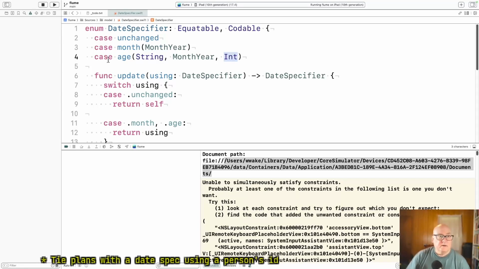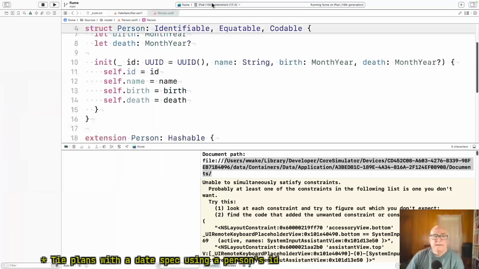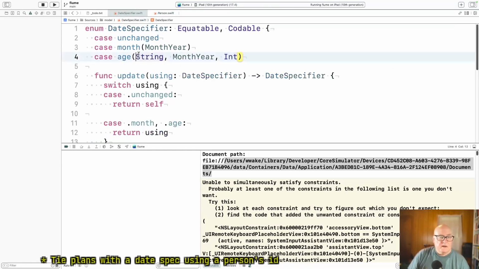All right, now let's find person. Okay, I guess we'll just say that type is UUID. Okay. So theoretically, well, I don't know. I'll call this a refactoring. I want to put an extra argument.